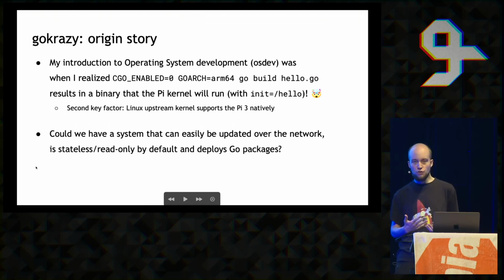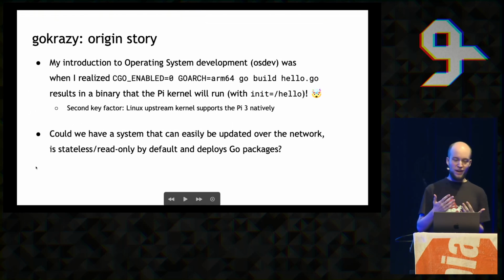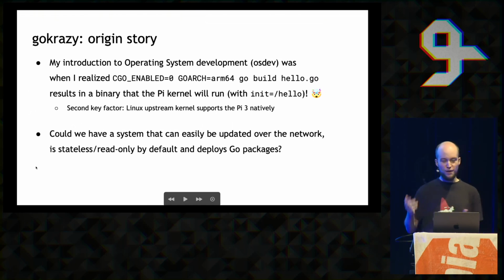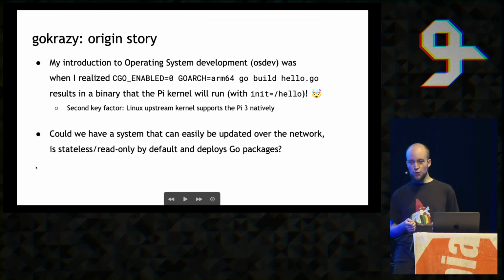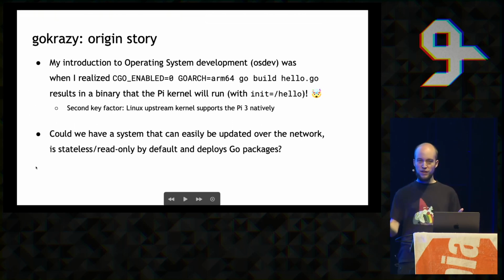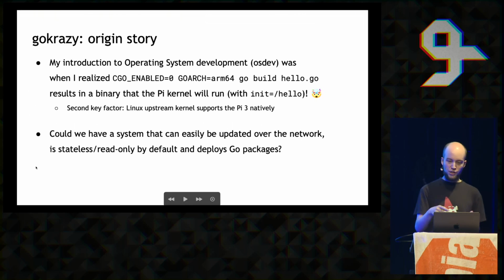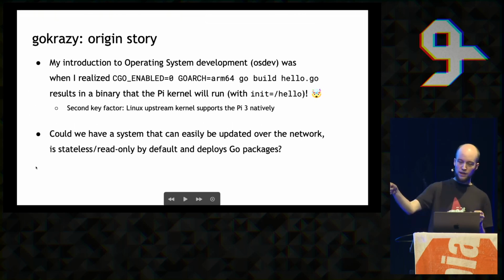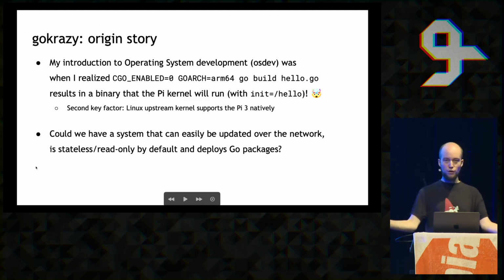And sort of my introduction to operating system development was when we were at Chaos Communication Congress and we were in the hallway thinking, what do we really need to run stuff on the Raspberry Pi? Shouldn't it be possible to just... And then we opened up our laptops and entered this command with CGO_ENABLED=0, which turns off any dependencies on C code. And then GOARCH=arm64, which tells Go to cross-compile, and then you just build your code. And you could copy that binary onto the SD card of the Pi and just change the config so that the Pi would boot into that program, and it all just worked on the first try.